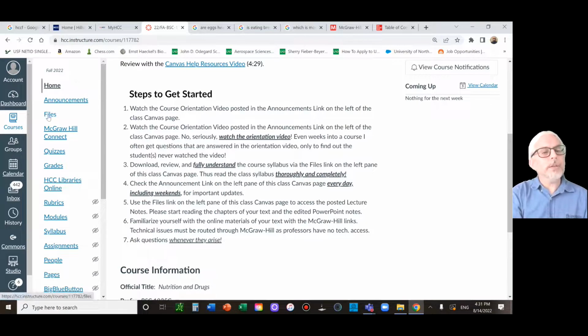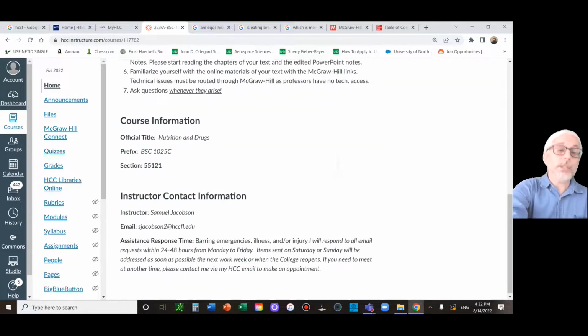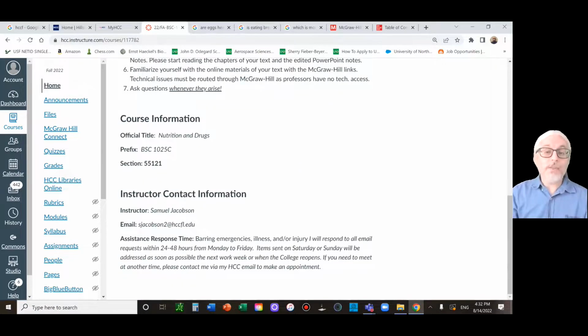The files link, you can see it there. We'll go over it. Pretty much everything you need in the course is there. Yes, you need the textbook still, but everything is there for you. And of course, the online materials in the McGraw-Hill book. Make sure it's there. There's a McGraw-Hill link. I'll show you that momentarily. And like I said, ask questions. Ask them early, quickly. Don't wait till you have 70 of them, that kind of idea.